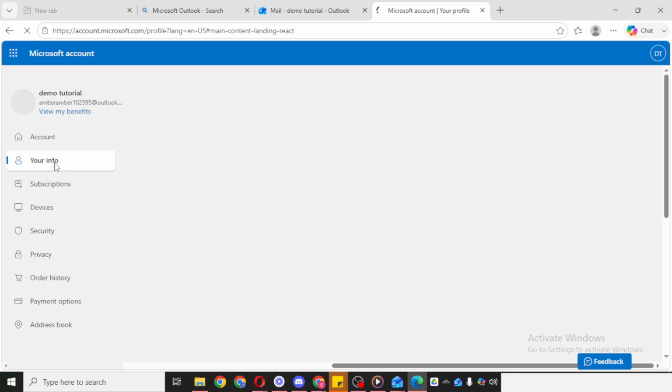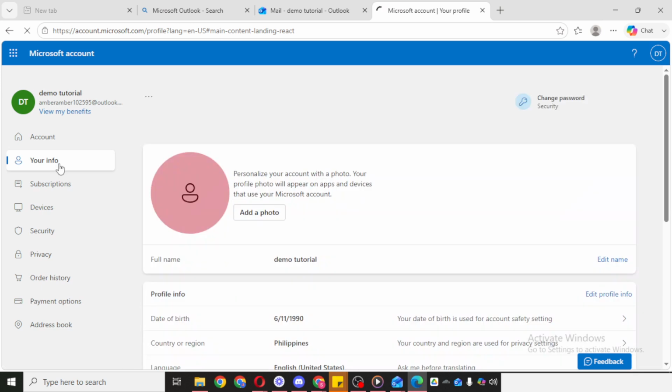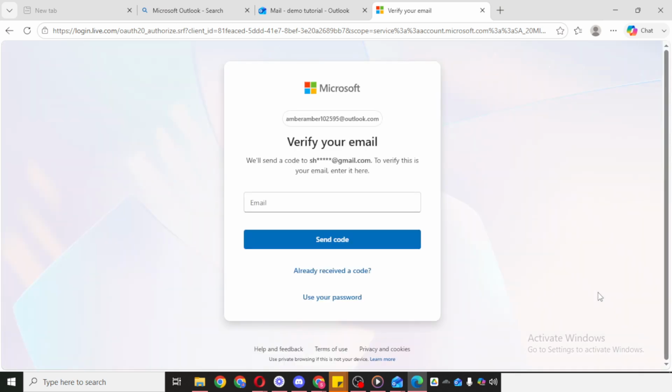On the next page, continue until you find the option related to password or saved account details, then click Add Phone Number. If you see a prompt connected to a password manager, just follow the on-screen path carefully until you reach the phone number section. The layout may look slightly different depending on your device or browser, but the goal is to get to the place where you can add or update your phone number.